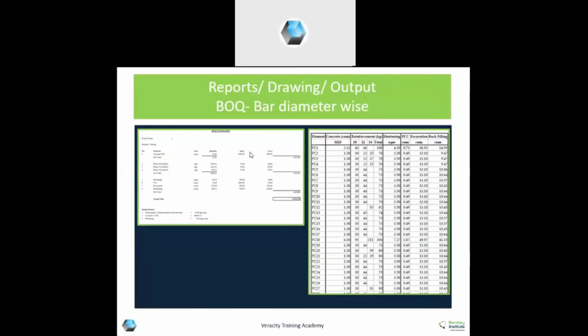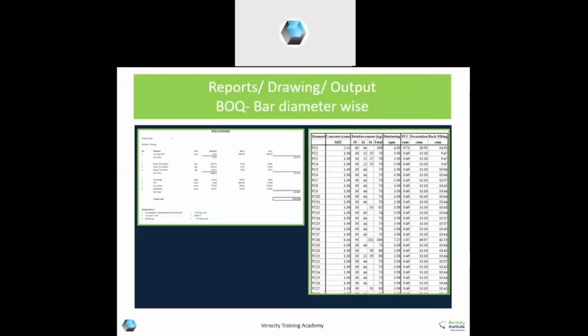Also, detailed BOQ. BOQ for all the elements is given in 3 formats. First is the direct summary, which will give you total quantities. Next is your reinforcement type wise, diameter wise quantity, and next is diameter wise quantity.